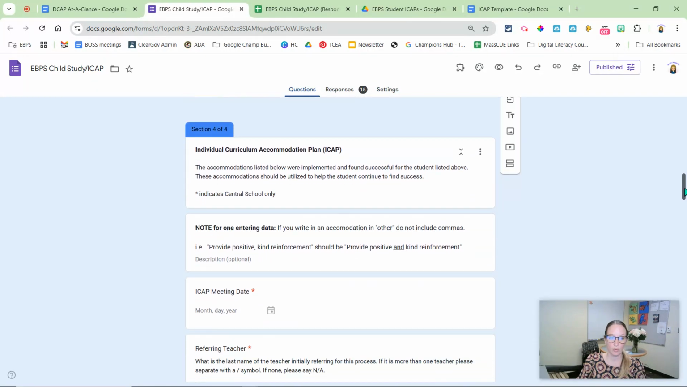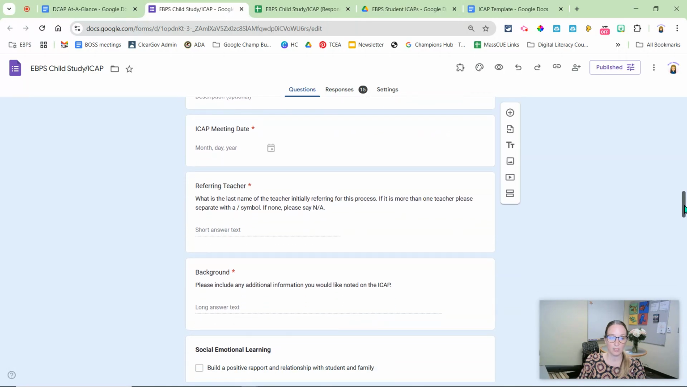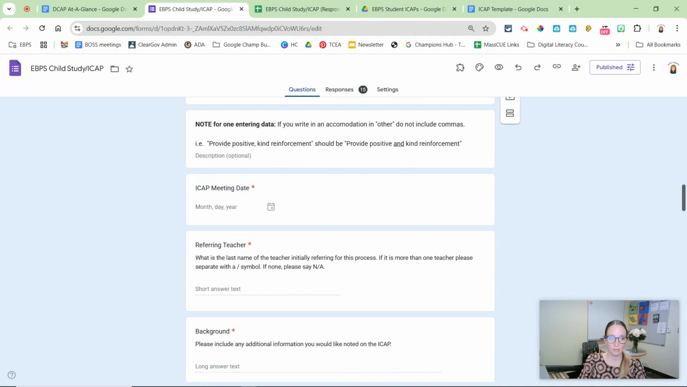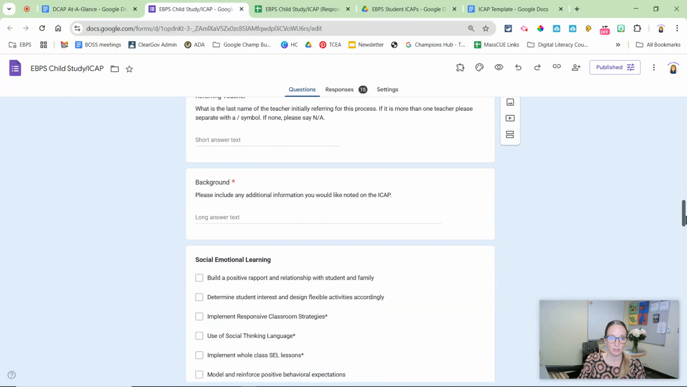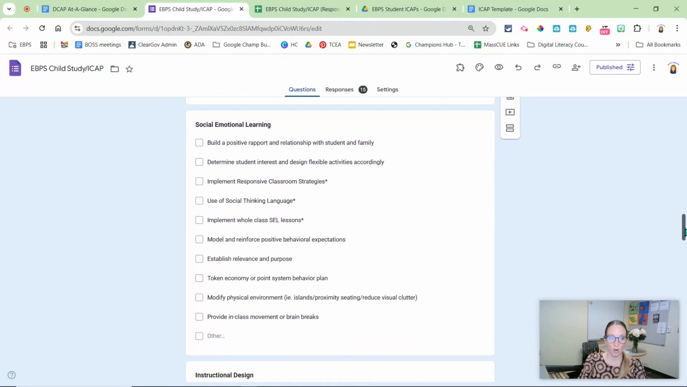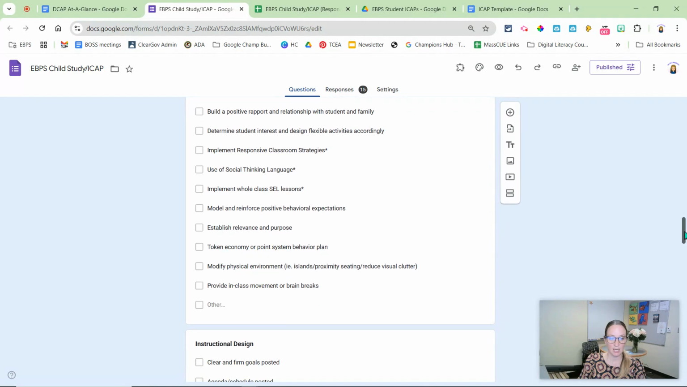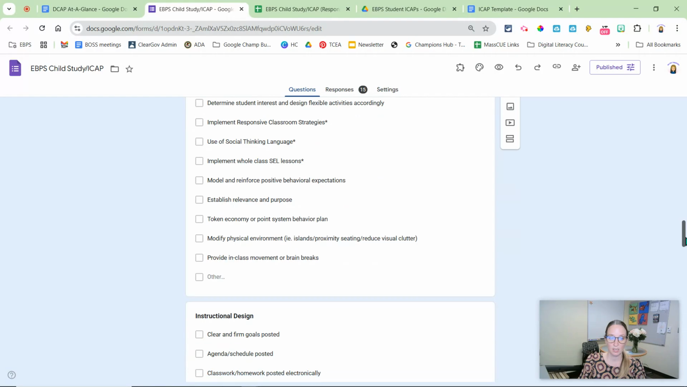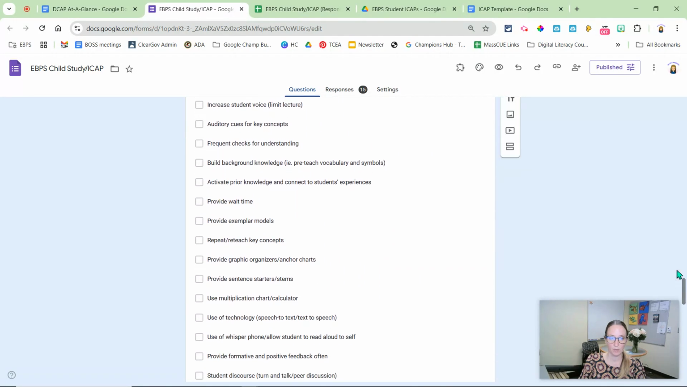And then they would go through and they would check off this information: ICAP meeting date, referring teacher, background, a little blurb on the student if you'd like to include it, and then all of our accommodations that are on the DCAP with the option of other if there's something else that they would like to write in, and this would get filled out. From there, as we know, Google Forms populate to Google Sheets, and here is where the